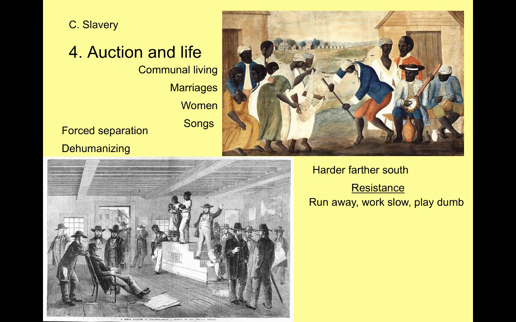Next, another way to resist is to work slow. Now, you don't do this overtly, but you do this gradually over time. You work a little bit less and less every day, so that you're kind of training the plantation owner to expect less from you. It's a way to resist the plantation owner trying to get you to work harder: you purposely work slow, and so you have to do less during the day.